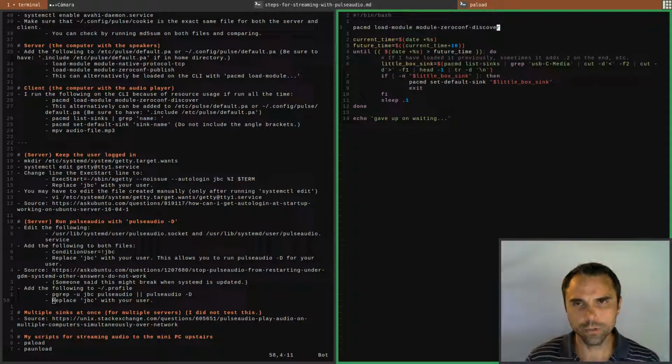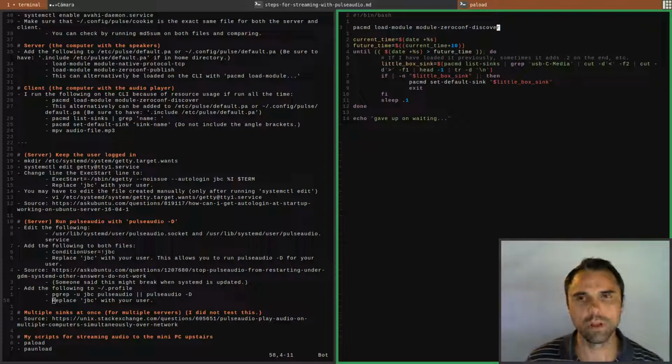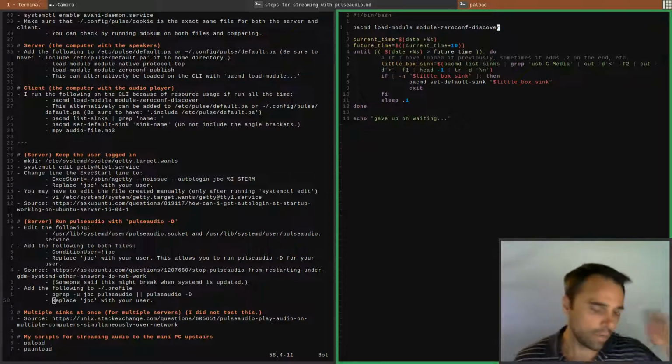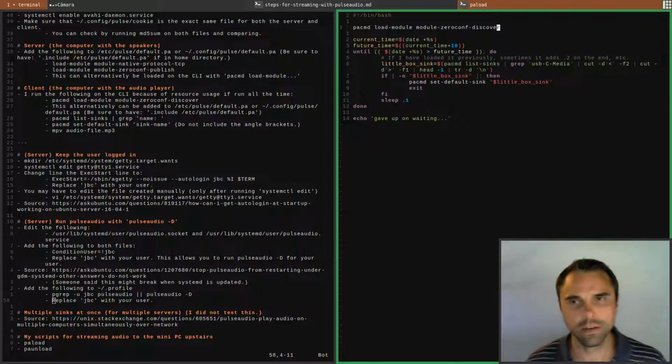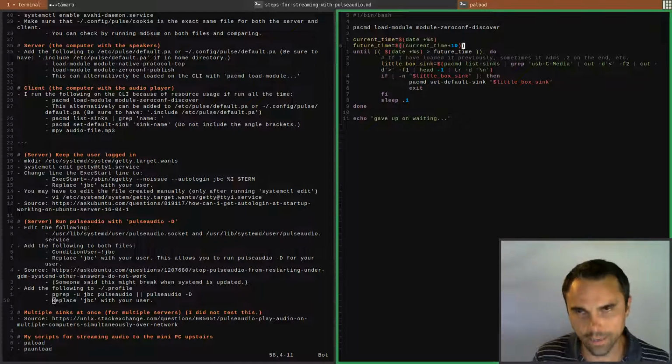So we load this module 0comp discover. So it's going to discover what LittleBox is broadcasting on the network. And then I don't jump right in and set the default sync. I used to have sleep 2 or sleep 3. And I thought, I could be sleeping for 3 seconds and maybe it finds it in half a second. So I did this little loop here, and I get the current time, and then I get 10 seconds into the future. And then I loop through,